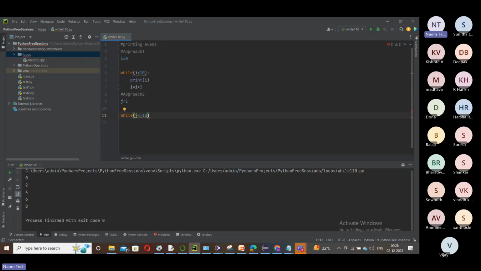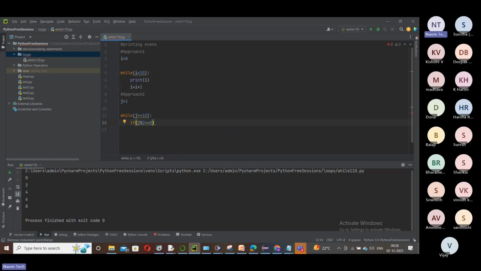We should do a condition check while verifying whether a number is even or not. Okay, so colon and apply if inside while. So this is like adding an if block inside while as well. If j percent 2 equal to 0.